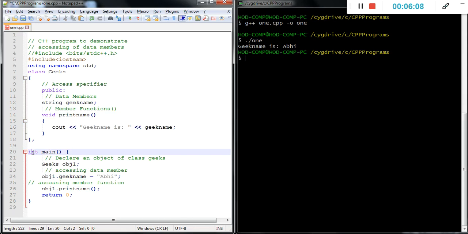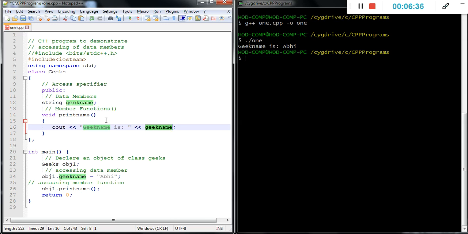It comes first under main, generates an object of the class, then copies the string into the geek name variable, then calls the function. The cursor goes from line 26 to line 14, executes the function, and prints the geek name value.